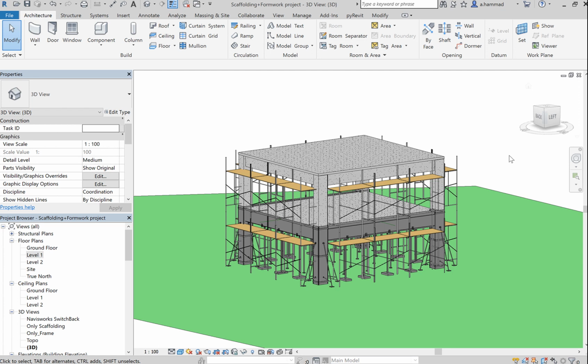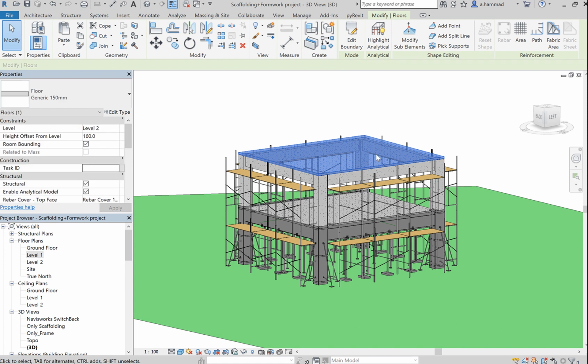In this video, I'll show you a quick way of entering data into your shared parameter that you created, so that you select multiple instances of a similar type and associate the same task ID to these instances. So let's start off with our slab. This slab is concrete work, and as I talked about in the previous video regarding the hierarchy that I adopt,